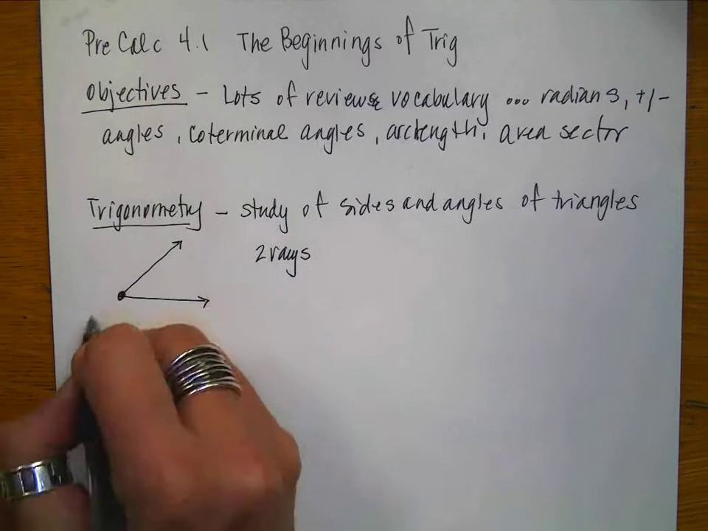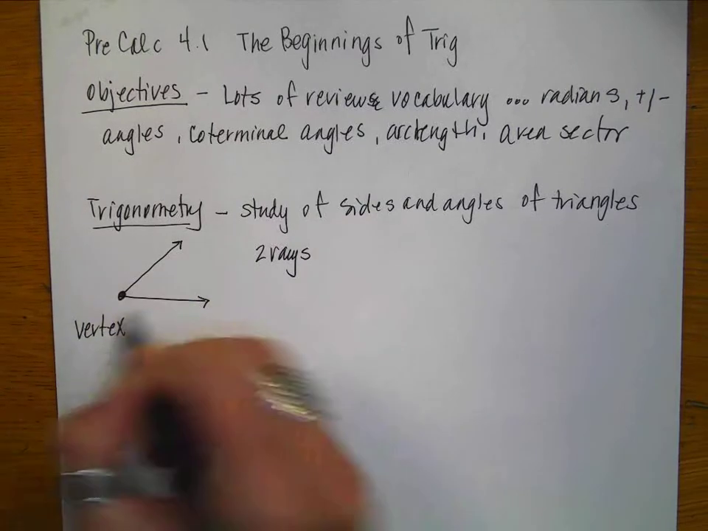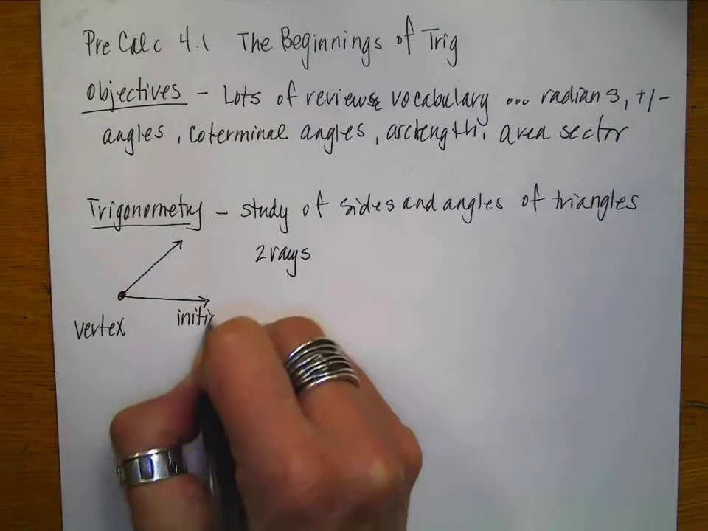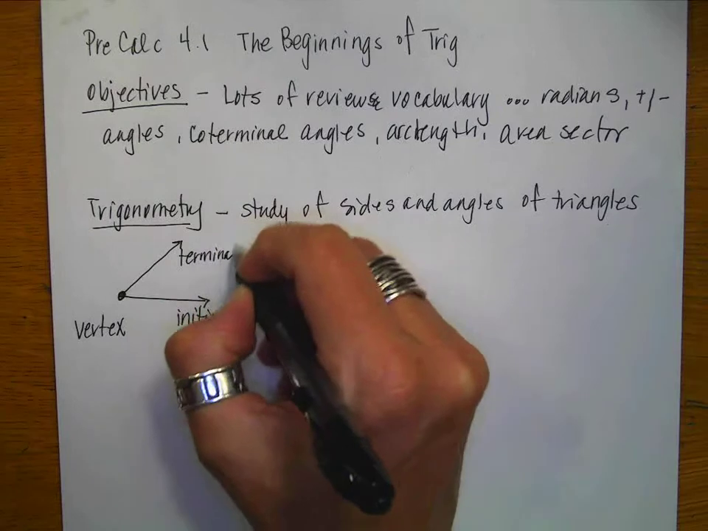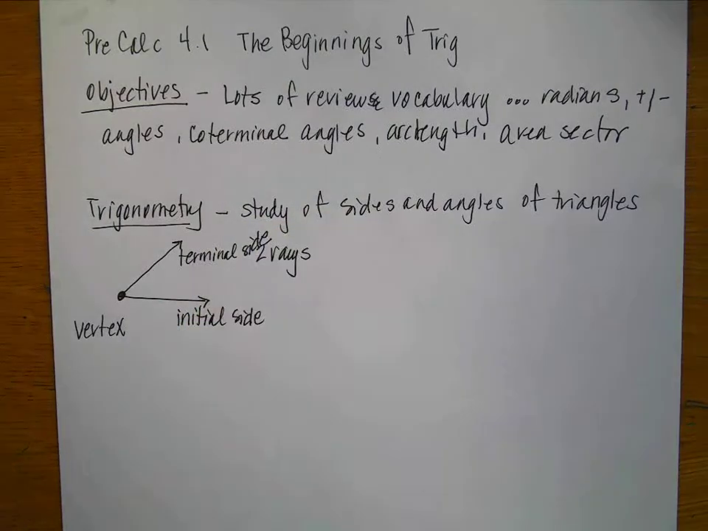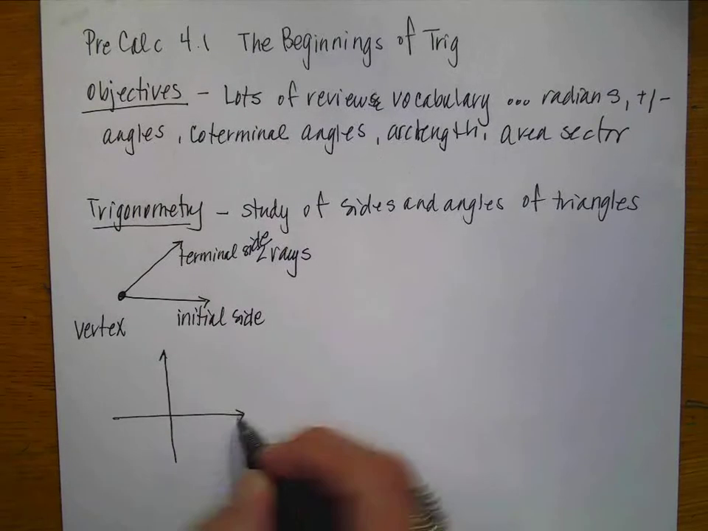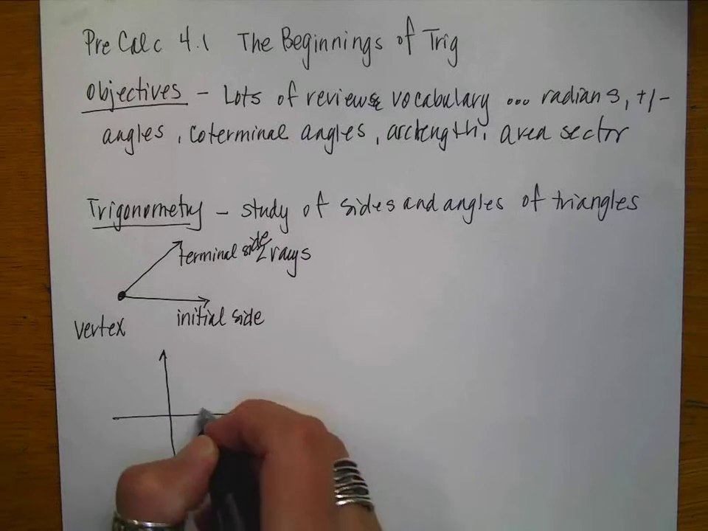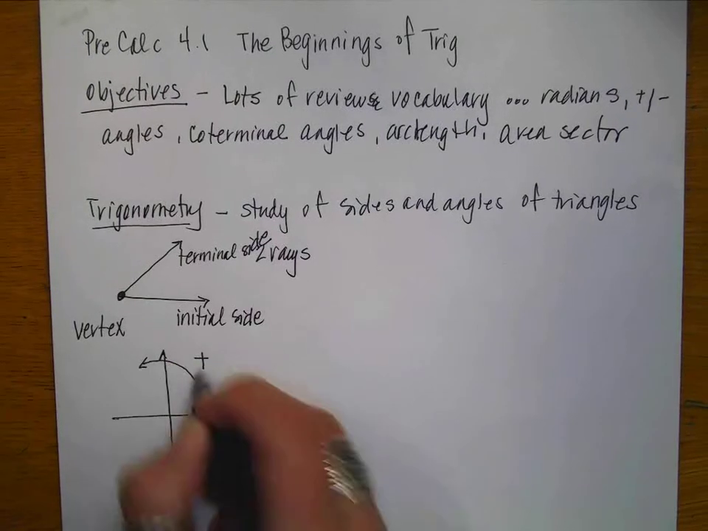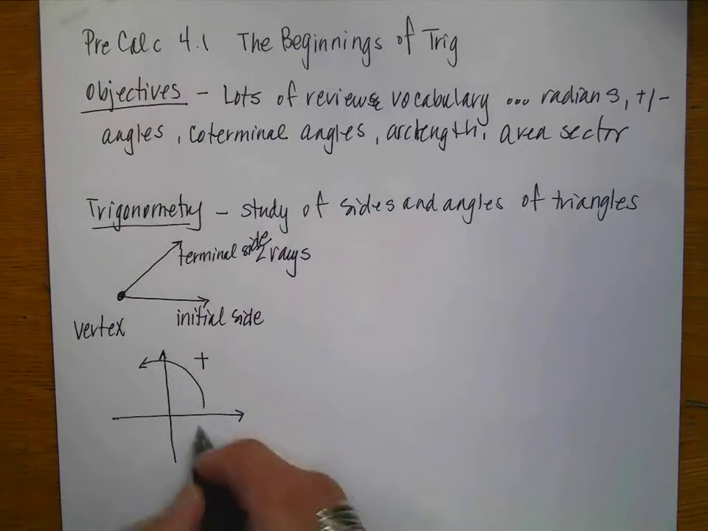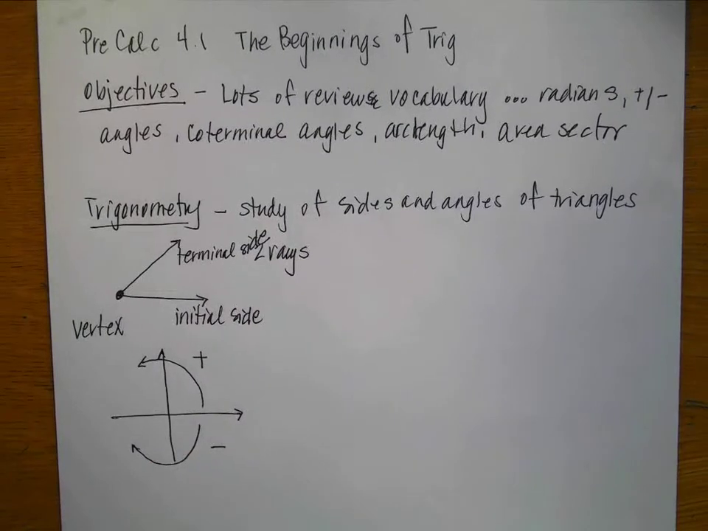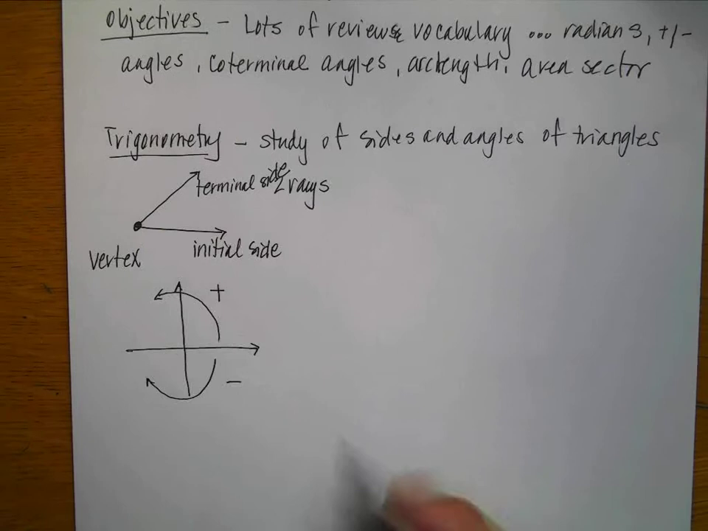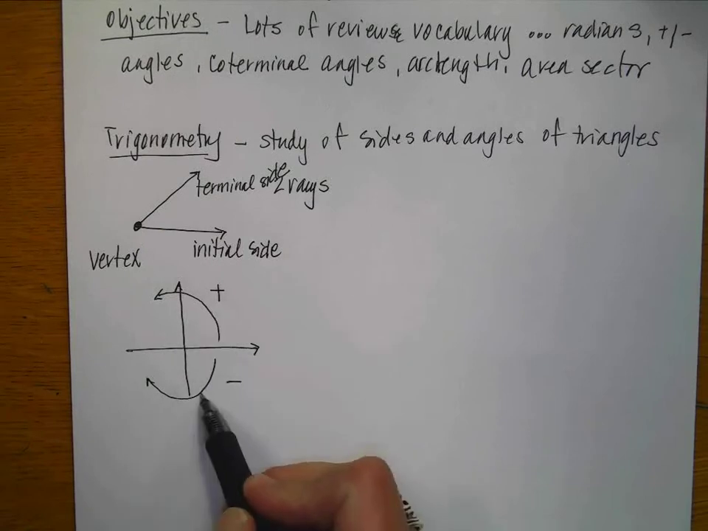Both of them have a vertex when you put them together. This would be the initial side of the angle, and this is going to be what's called the terminal side of the angle, okay? If we put that angle on a coordinate system, which is where we often do math, the positive rotation is going to be in the counterclockwise direction, which means that the negative rotation is going to be in the clockwise